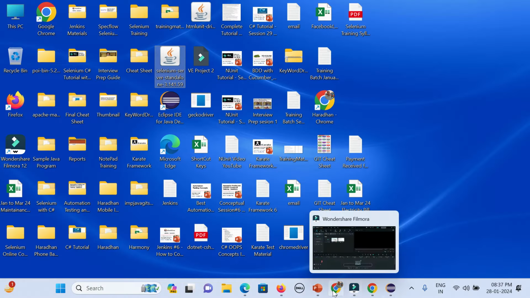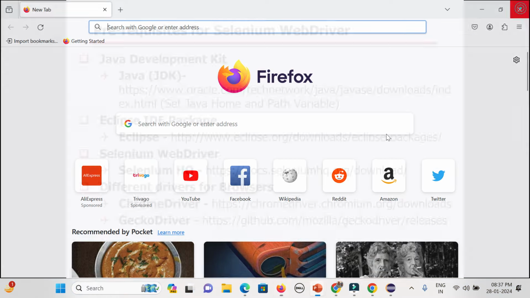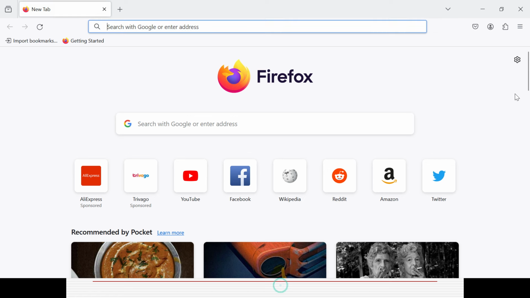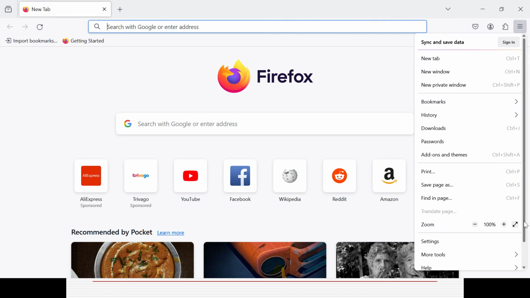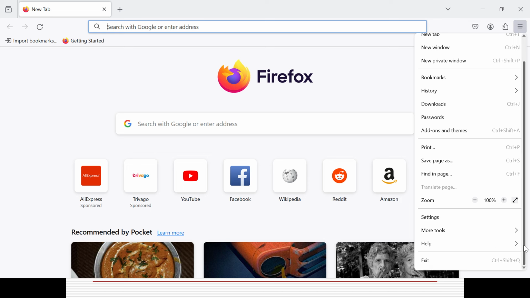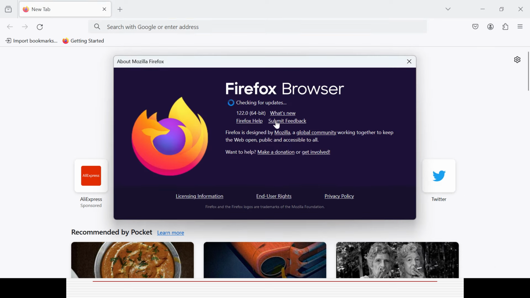But today I will cover it with the Firefox. Okay, so this is the Firefox browser, right? You can download it in case it's not downloaded, simply from Google. You need to know the version of the browser. How can you get to know? There's a three line item there. You can go here, go down, click on Help, and go to About. You can get the version. What is the version? 122, the latest version.